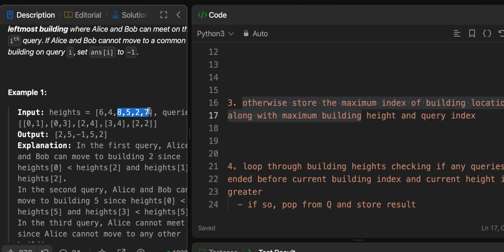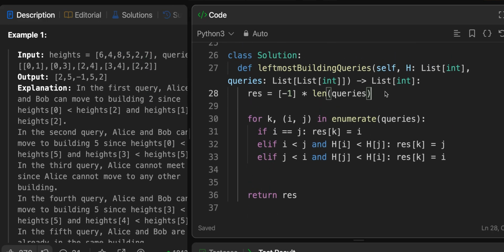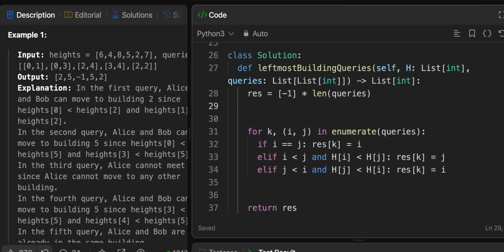So whenever we don't find an answer, like it's not an easy answer, we need to prepare to move on to the other buildings. So let's do that. How do we set that up? So I'm going to set it up in the store here. Store equals